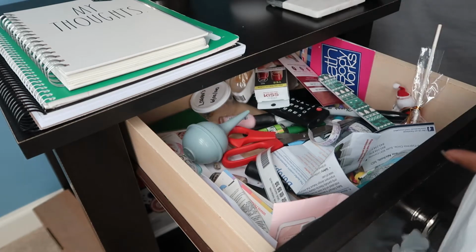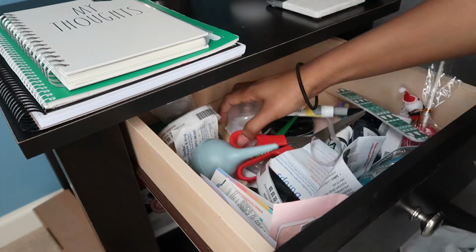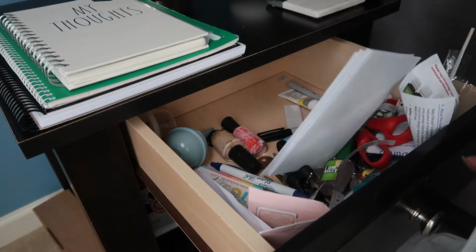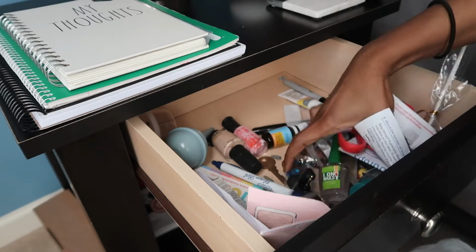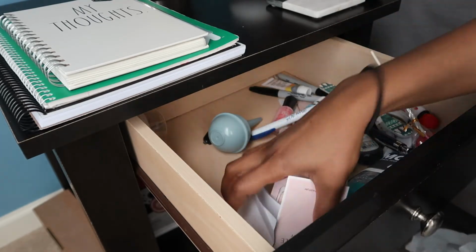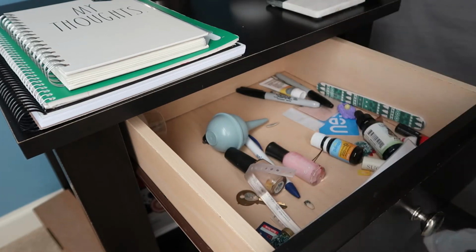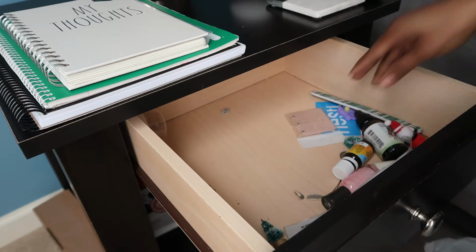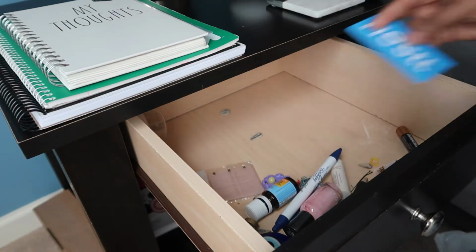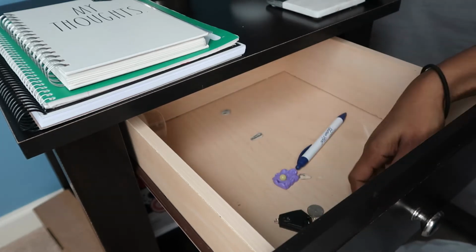Okay, so first things first, I think it is a good idea to grab a bag or a basket, something you can contain all of the junk that you will be removing from your nightstand. I got a plastic bag and I'm just taking it all out. I'm not discriminating with anything. It's all going in the bag, and I'm not just gonna set it and forget it. I am going to go through the bag and look at things that I want to keep and throw away. So I suggest you do the same thing. But like I said, the first thing you should do is just clear out the space so we can clean